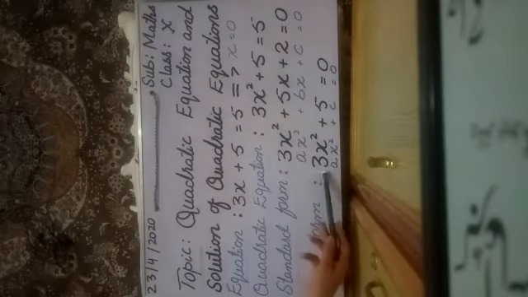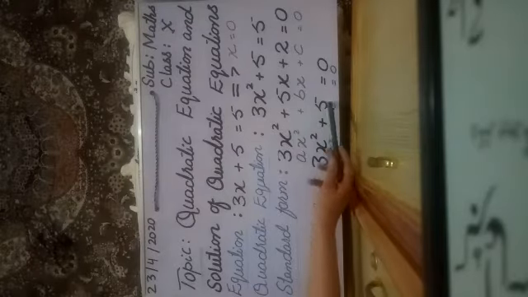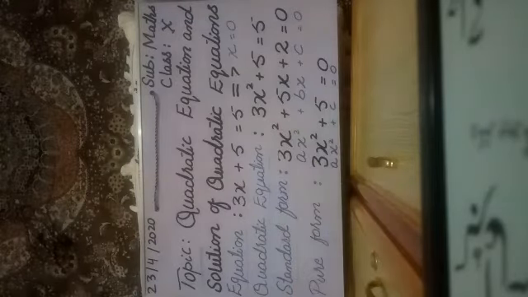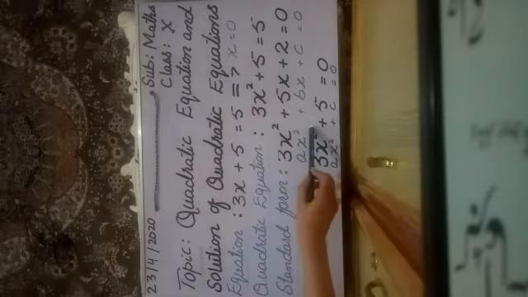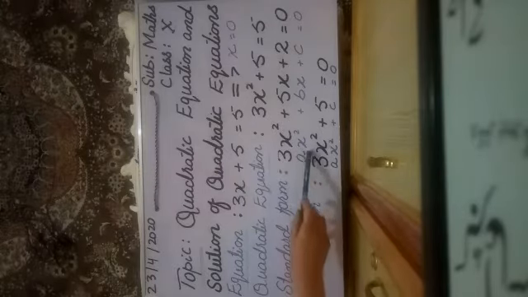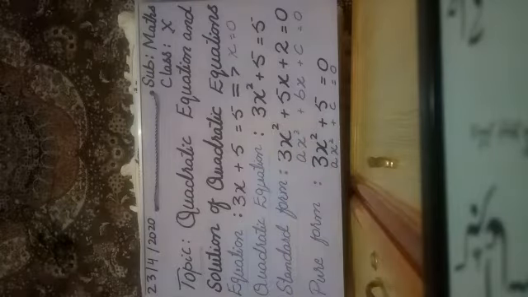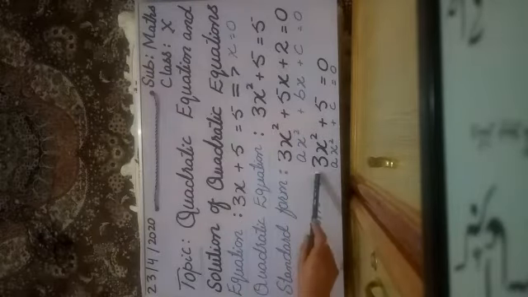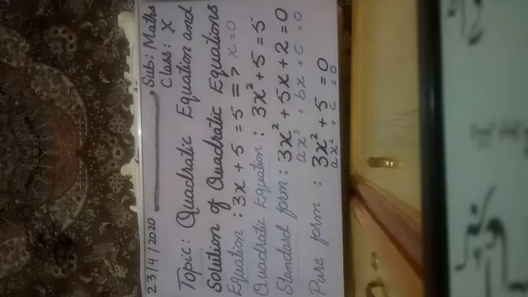If we move towards this equation, 3x squared plus 5 is equal to 0, this is also a quadratic equation. But what is missing here? Here we don't have any linear term. Here is just the quadratic term. So this makes it the pure form of quadratic equation. So what is the pure form? If in a quadratic equation there is no mixture, means there will be no linear term, just the quadratic term, then we have the constant term, then 0. It makes it the pure form.